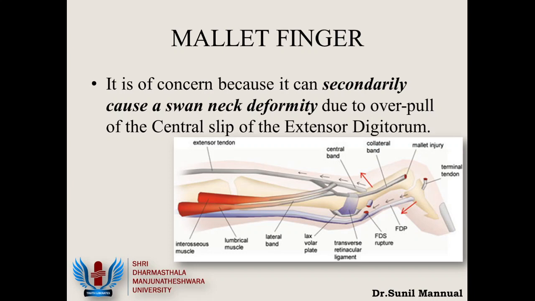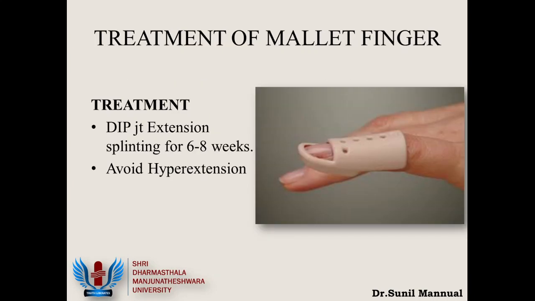Moving on to slide number 37, a simple contraption which is called the DIP joint extension splinting. A simple removable cap-like structure is all that we need for treatment of a mallet finger. However, it's a removable splint, no doubt, but even when we remove it to wash or cleanse the hands, we still have to be careful to ensure that the finger is kept as extended as possible. How does this finger splint work?